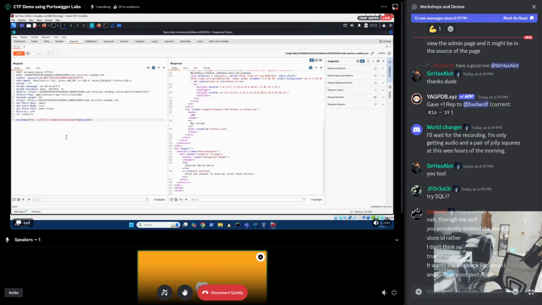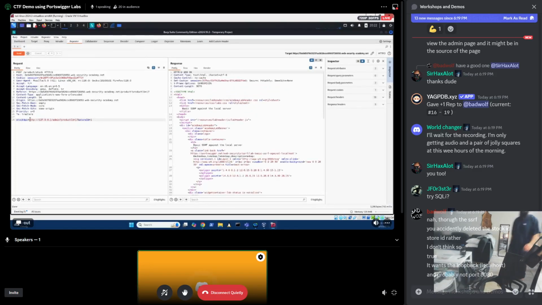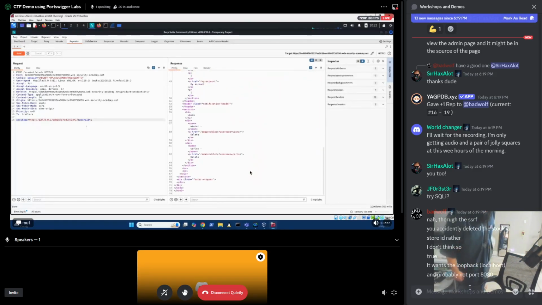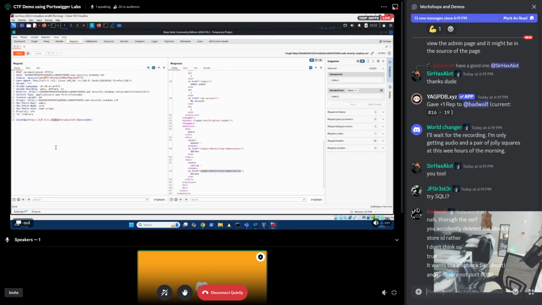But let's take that port 80 out of there and see if we can use the default HTTP port 80. Yeah, here we go. We have an actual admin panel where we can see the request that we need to make for the user Carlos. I was going to change that, but I actually have it right here. And from there, let's just replace the admin because we already have the slash. If we hit send,